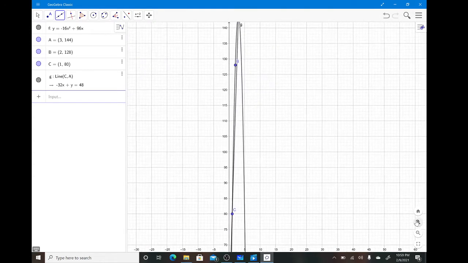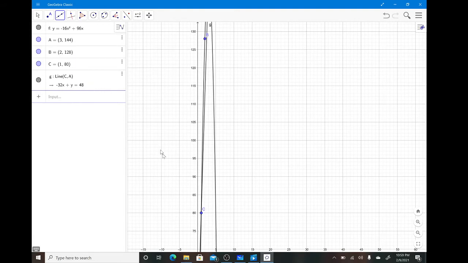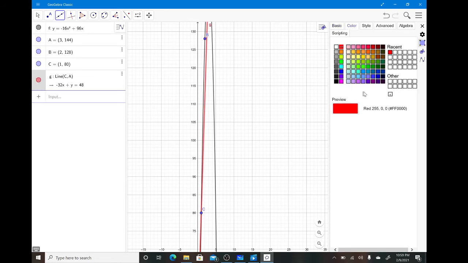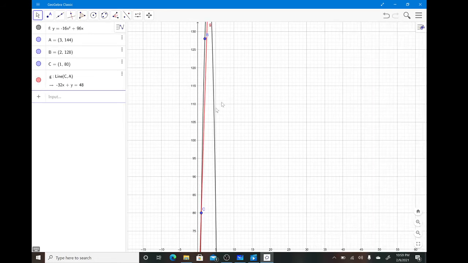If you notice that line, this particular line goes on the inside. Let me actually change the color so it looks better. Okay, red. So if you notice, this red line goes through this point and then goes inside of the function,